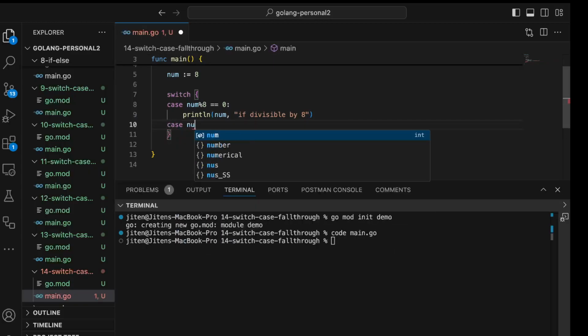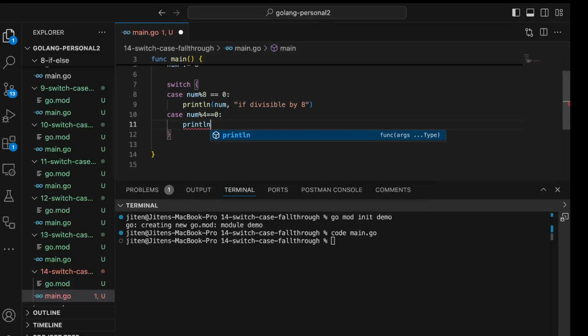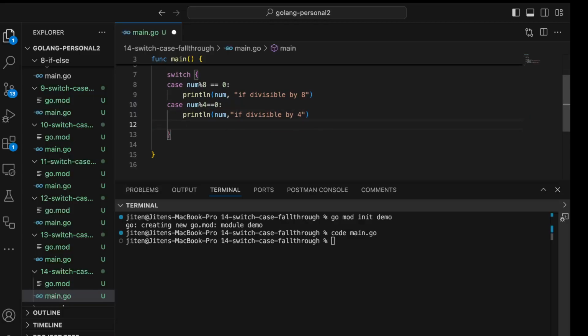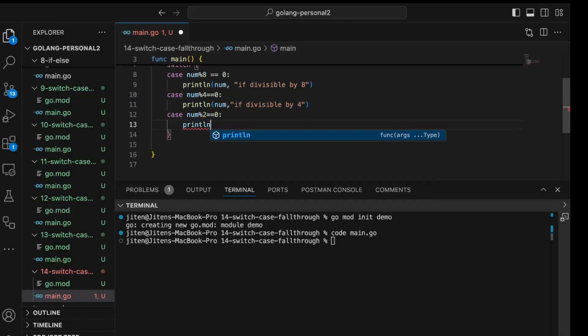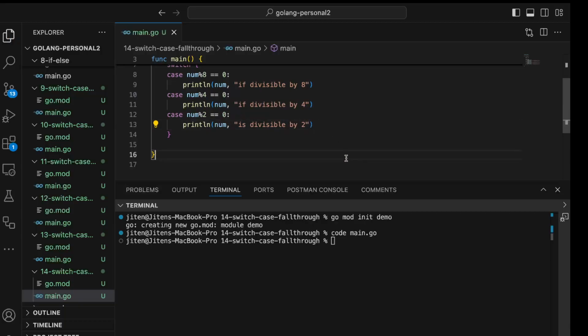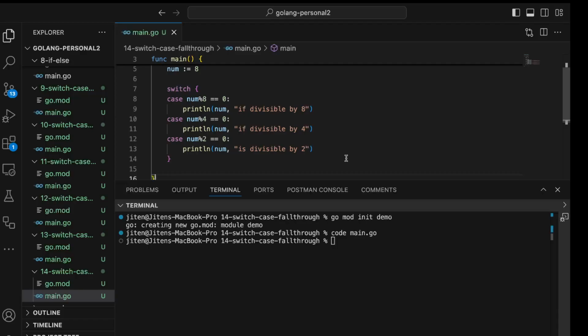Similarly, I have case num modulus 4 equal to 0, println num is divisible by 4. Similarly, case num modulus 2 equal to 0, println num is divisible by 2. If you look at this statement, num modulus 8, num modulus 4, num modulus 2, but actually